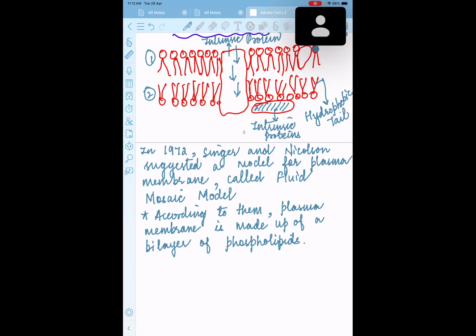Then why do they have it? You mean why they have the two layers? Yeah. For the passage. Imagine if they have only a single layer, only the head and one tail present, then what happens? As I told you, the tail part does not like water, and if only one layer is there, they will not be able to pass the substances. That is why the other layer has joined in the opposite direction. Got it? Yeah. So that is why it is called a bilayer of the phospholipid, since they have two layers of phospholipids,